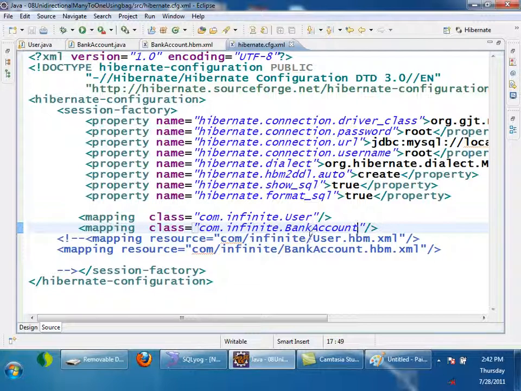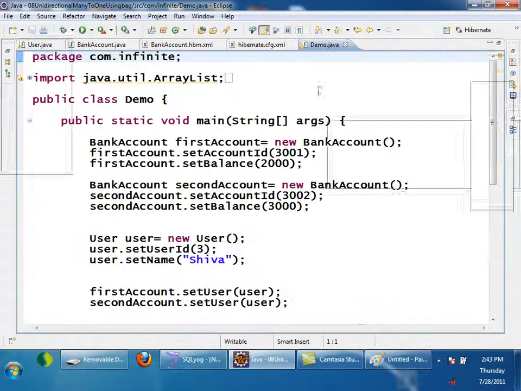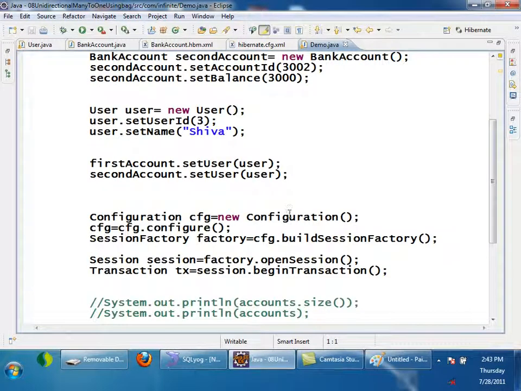Right? And also one more change which I need to do is in demo when inserting. Here, instead of using configuration, I will use annotation configuration.